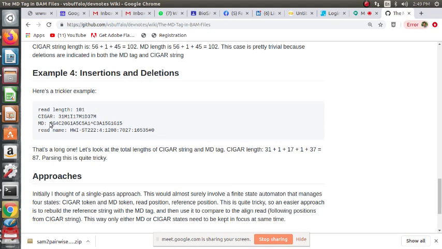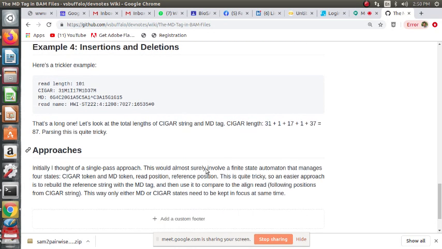And the MD is very long, right? We can see that there are six bases aligned, followed by the 7th position where there's a G, followed by 4 bases aligned, so 11 positions, and then at the 12th position there's a C, and this is 22 positions, and at the 23rd position there's a G, and this is the 24th position, and the 25th position there's a, like that we can go on. So it's a long one, so parsing this is quite tricky.